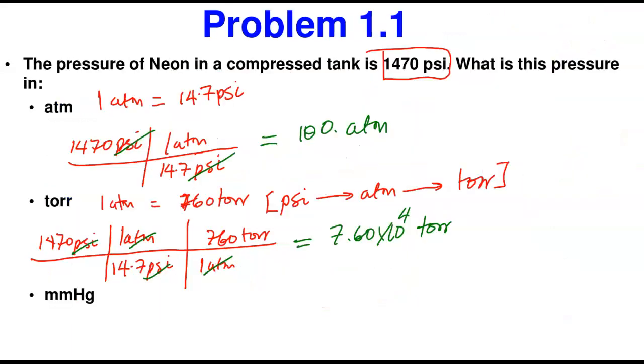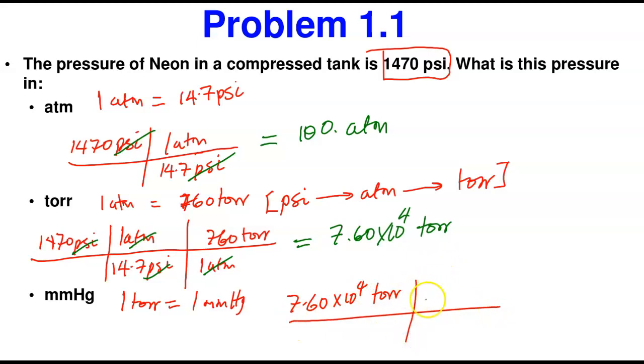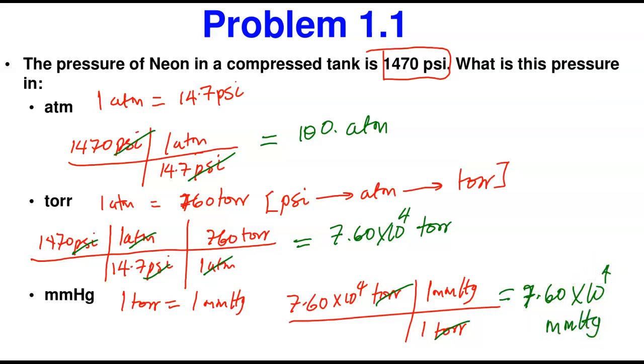So the ratio is 1:1. If we know that and we have it in torr already, you can just say, let me use my red, 1 torr, of course, is equivalent to 1 millimeter mercury. That being said, I can invoke that. So what it simply means is that if I have it in torr, I can easily use 1 millimeter mercury is equal to 1 torr. And if I cancel this once again, I'm going to still get exactly the same value, 7.60 times 10 to the power of 4 millimeter mercury. And that is exactly what you get.